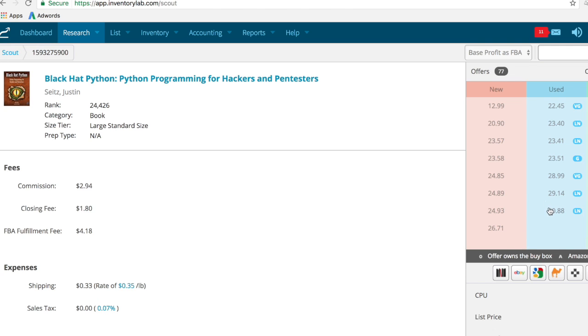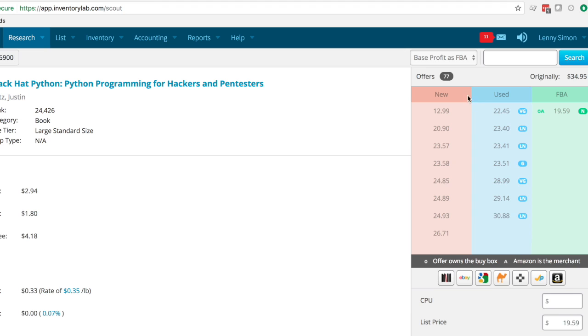estimated sales tax, whatever. And on the right here, you have some other features as well. Let me move this window over here. You have how many offers there are, the original retail price, the new and used merchant prices with the conditions next to them, the FBA prices with the price, condition, and also this O is buy box and A means Amazon. So Amazon's selling this book for $19.59. There doesn't seem to be any other FBA offers, but just like with any other API, you don't see all the FBA offers. So what I usually do is I go down to here to this Prime button, and I